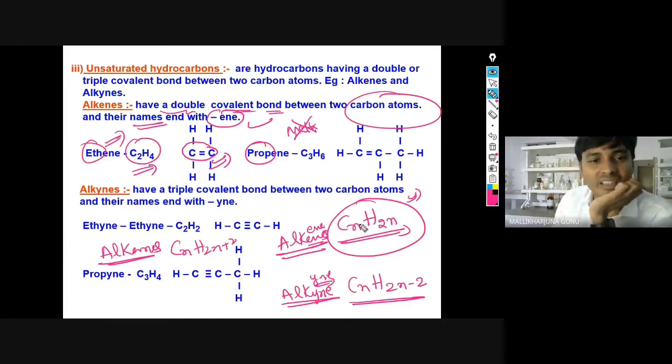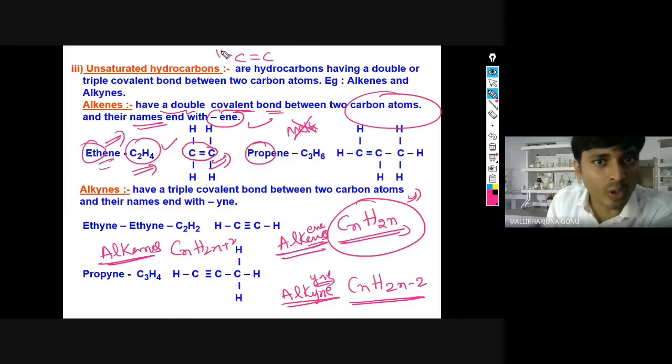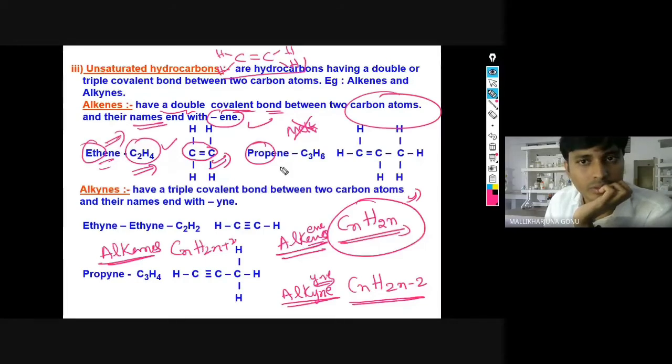Now you have to match with it. So for example, I have said ethene, C2H4. You can put the value n equal to 2. So 2 into 2, 4. That is matching with C2H4. That means one carbon is having a double bond with the other carbon. So the hydrogens you have to adjust. How you have to adjust? 2 you have to write here, 2 you have to write here. Equally you distribute. The same case with propene.